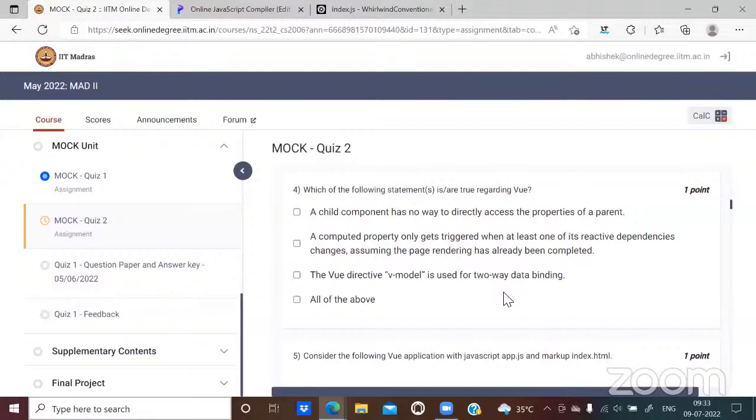But a computed property only gets invoked when one of its reactive dependencies changes. Otherwise, how is it going to access the previous value when page rendering is happening? Where does it get to know what the value should be if this computed property function is not getting executed?